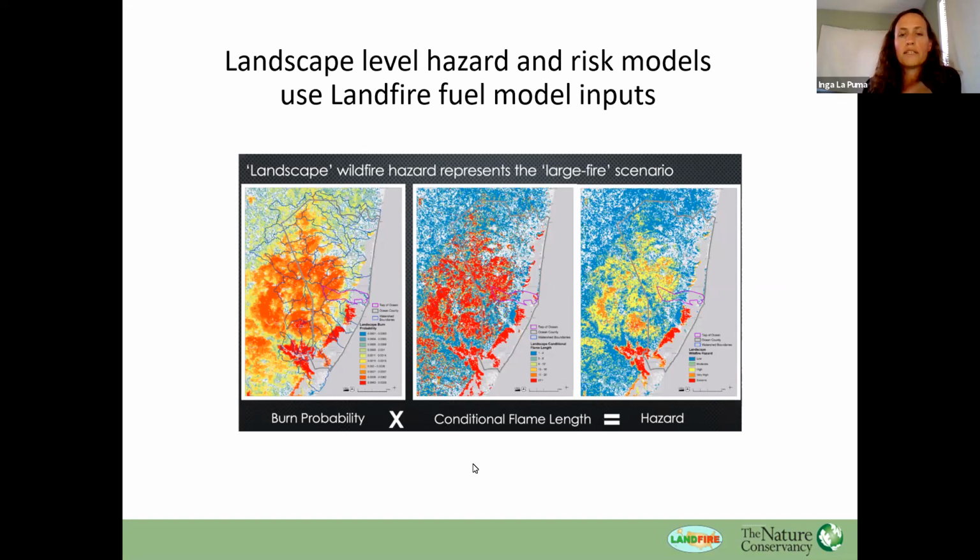So this graphic here is showing that after you add in the canopy, the flame lengths make a lot more sense. And then you get a better estimate of your hazard with the pitch pine ecosystem. So that was just one specific change that we made in the Northeast, trying to involve folks from around the region. I did want to point out the red along the coast there, because I'm going to talk about that in a minute. Okay, go ahead, Jim.